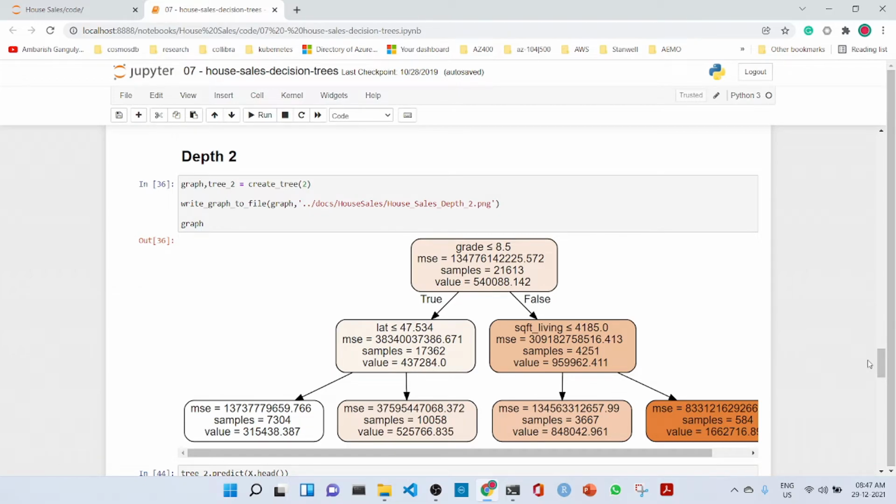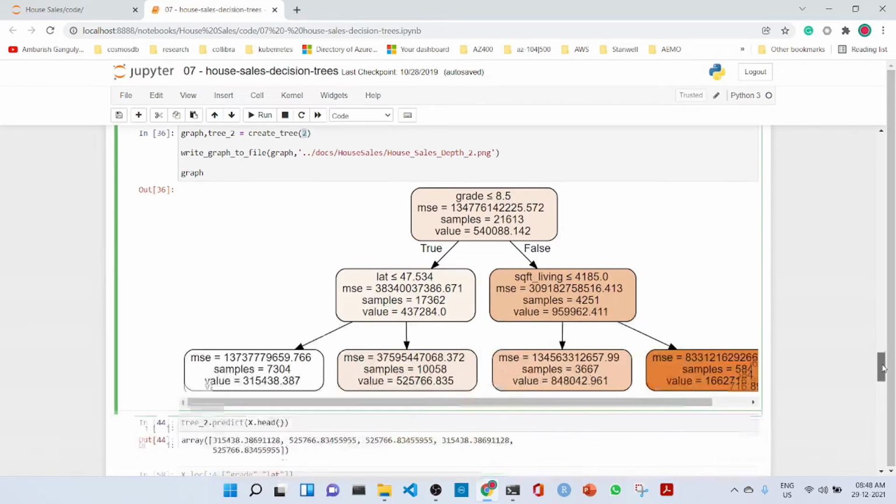Similarly, if it is greater than 8.5, there is a decision on square foot living less than 4185, and you find these structures. So this is for depth 2, and this is done very easily by passing in the parameter 2 where the depth is shown.